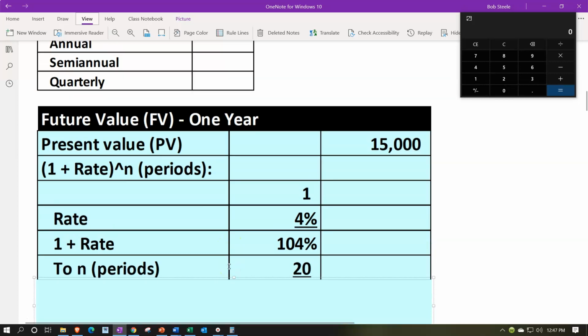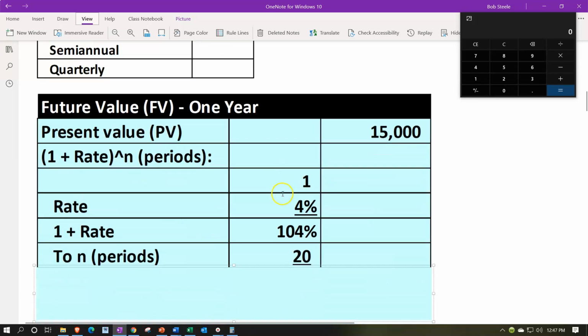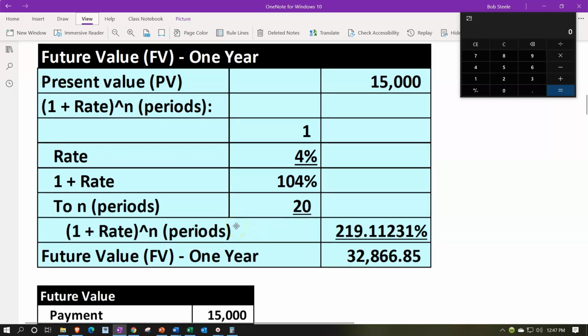Same thing with the periods here. Now we have the periods at 10 periods, but we're going to be compounding semi-annual. Therefore, we're talking periods of not a year, but 6 months. So there's twice as many of them, and that will give us the 20 periods. So these are the two changes. And then if we take that out, we're going to get to the 219.311231 about